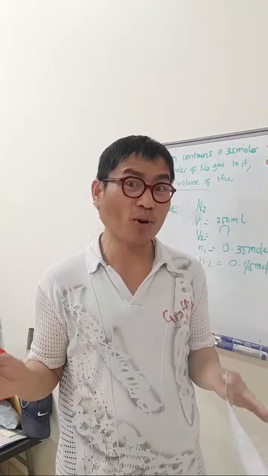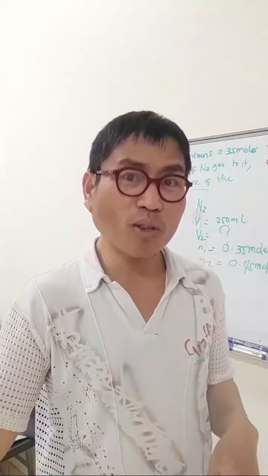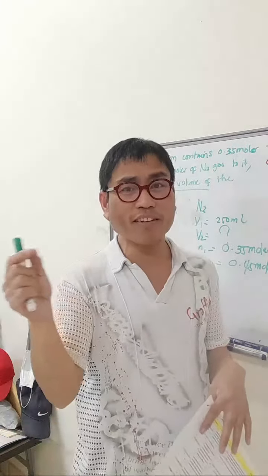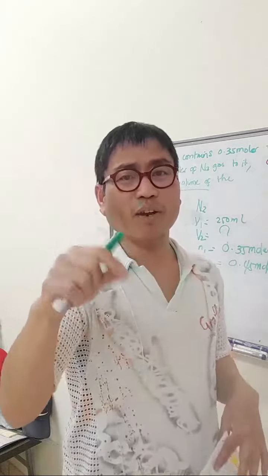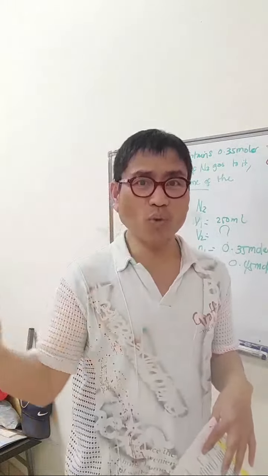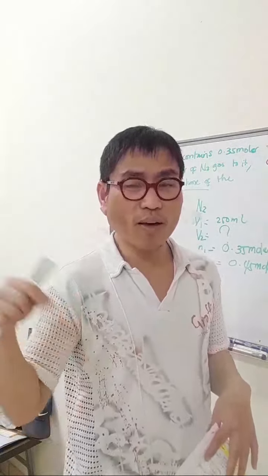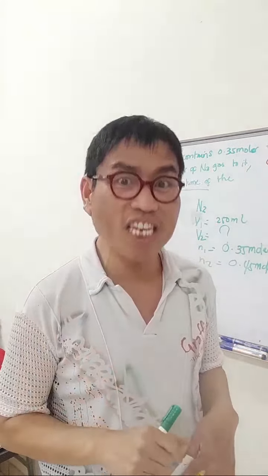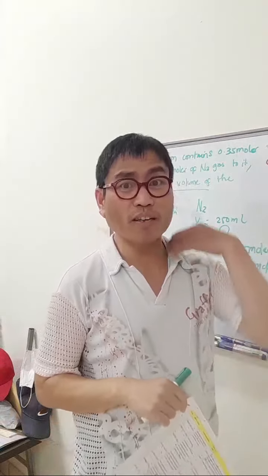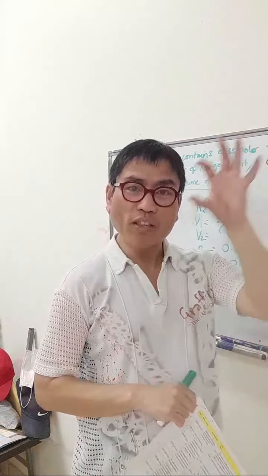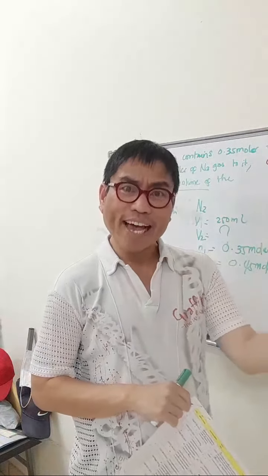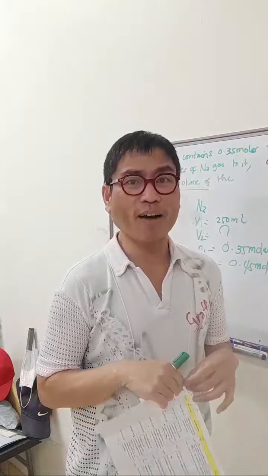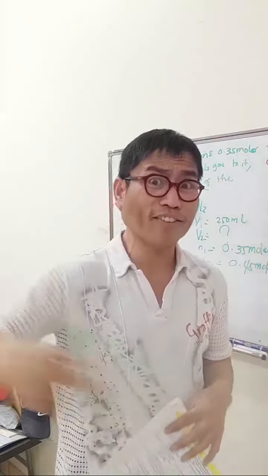There's no need to solve anymore, even though there's a temperature of 25 degrees Celsius, but the question is only like this: what is the entropy of the perfectly crystalline solid? Question mark. A 3.4, B 1.2, C 0, D none of the above. No need to compute, 0. Things like that. It's very catchy and tricky in future board examinations. You get the point? That's why you need to memorize the different laws like that from first year to 5th year college. If you're taking up engineering, not limited only to chemical engineering, the other engineering also have different laws,